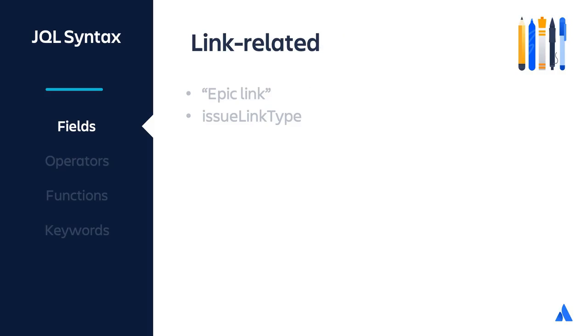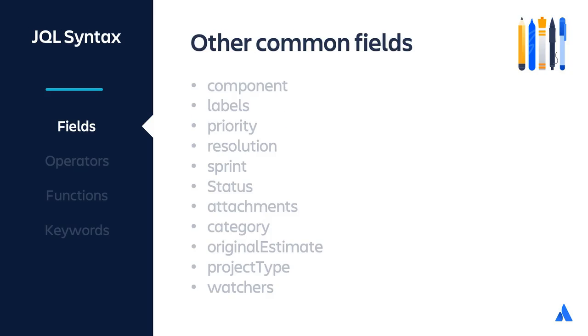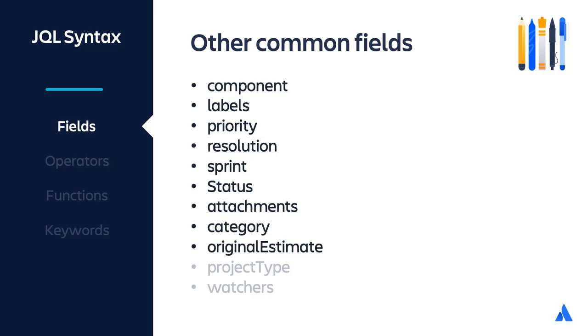Link field related: epic link and issue link type. And there are many other common fields, like component, labels, priority, resolution, sprint, status, attachments, category, original estimate, project type,